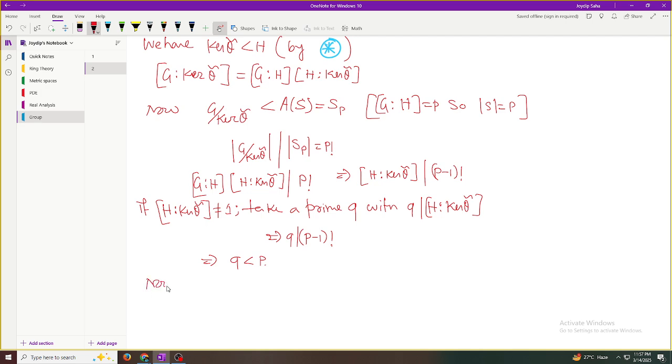Now q is a divisor of H colon the kernel of theta tilde, and this divides, by the line G colon kernel theta equals this, which I should write as blue star,